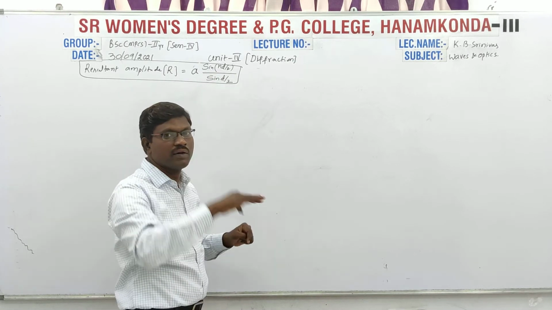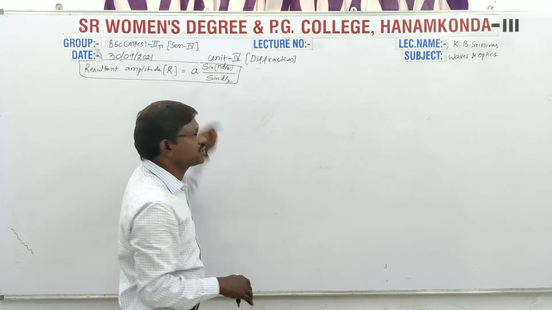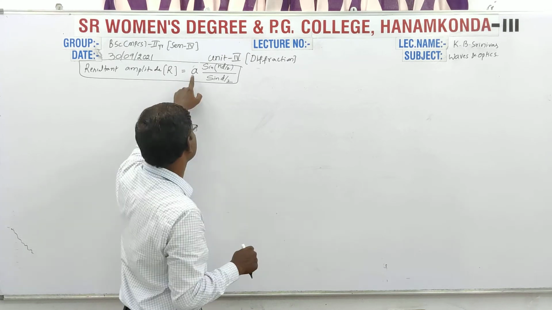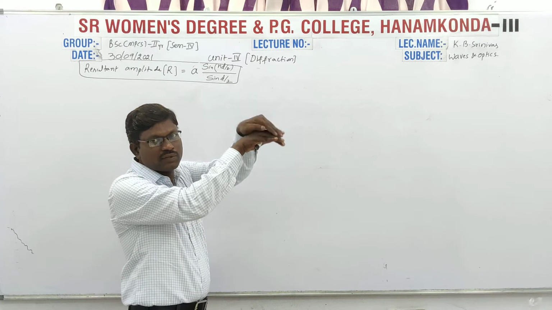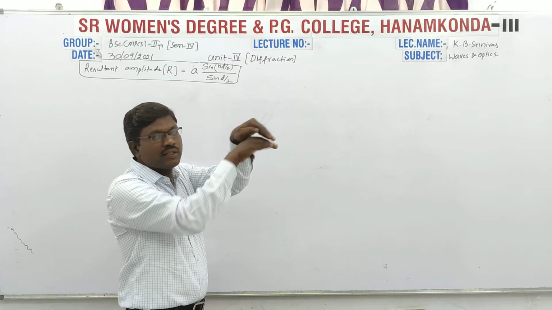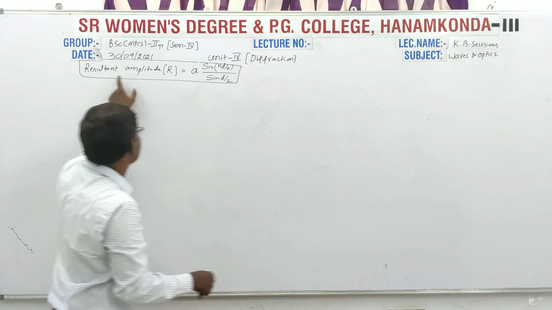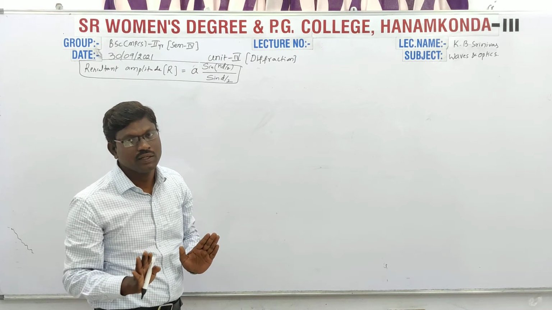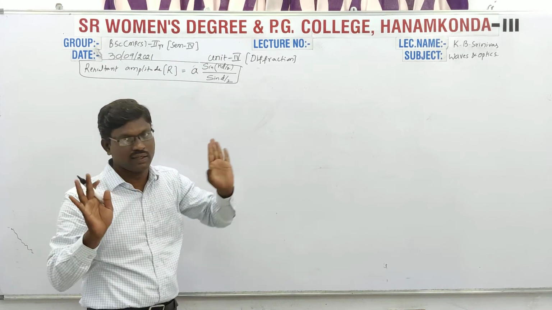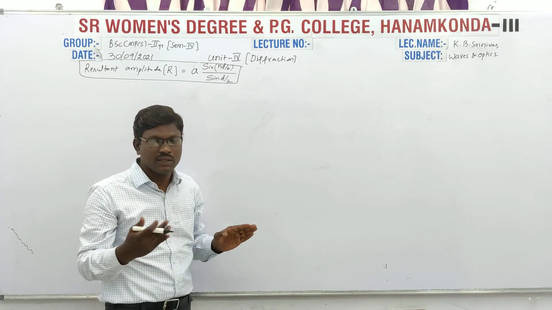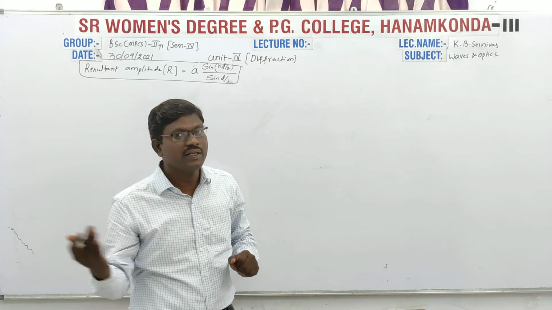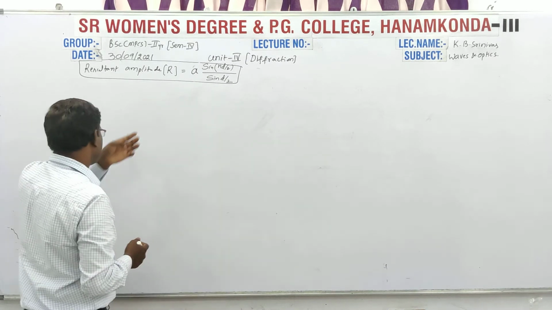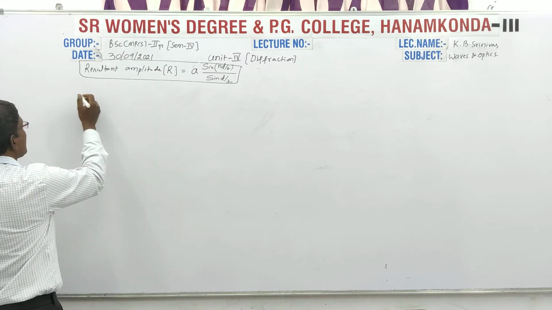n is the number of light waves, and a is the amplitude of each and every wave, which is the same. If all those waves are superimposing on each other, the resultant amplitude of the medium can be calculated by this formula. This is a very important formula. You have to remember this formula directly. Whenever we calculate the resultant amplitude due to individual waves, we use this formula. Clear?